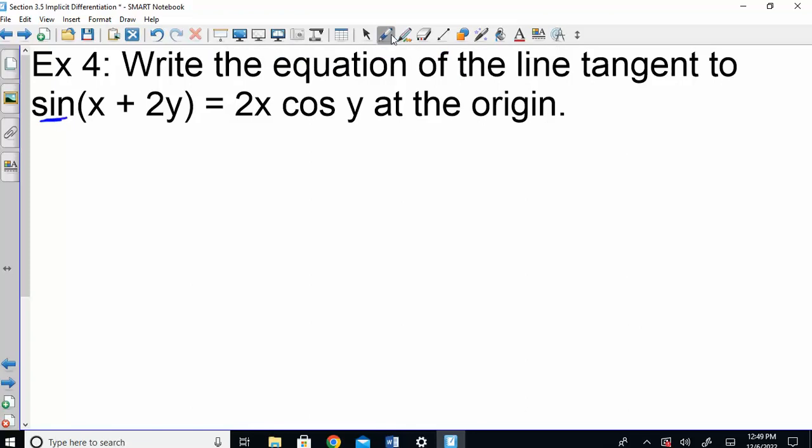On the left, we have an outside and we have an inside. So chain rule says derivative of the outside, inside stays the same, times derivative of the inside. What is the derivative of x plus 2y? Derivative of x would be 1 plus 2, and every time you do the derivative of a y, you have to put dy dx